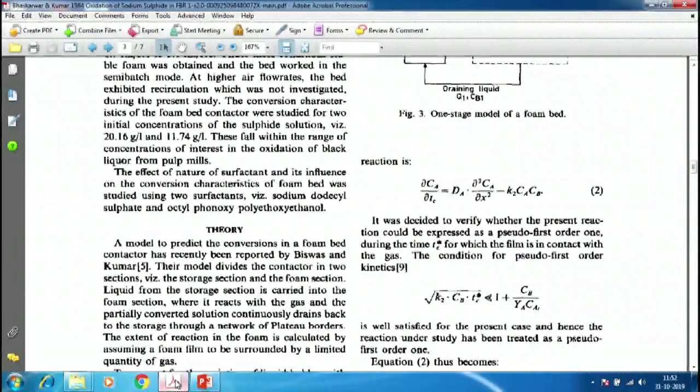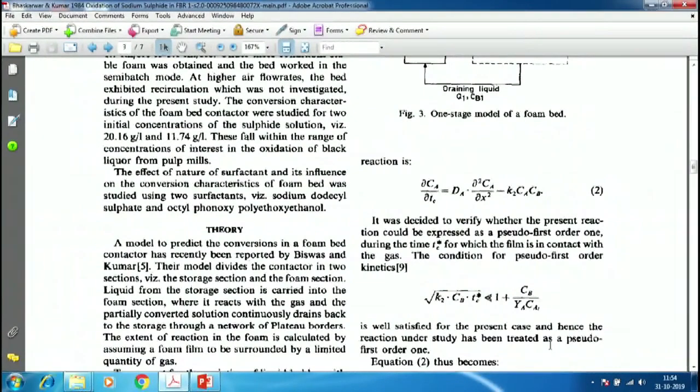Going back to the presentation now, for the liquid film, the concentration of A will be a function of time, and we indicate time in the foam section with this t subscript c. tc is the time the gas is in contact with the liquid in the foam section, with an upper limit which is the time when the film ruptures, that will be tc star. So, during this time, within this half film, the equation which will govern the diffusion and reaction is going to be this. Accumulation, this is the diffusion term and that is the reaction term if it is a second order reaction.